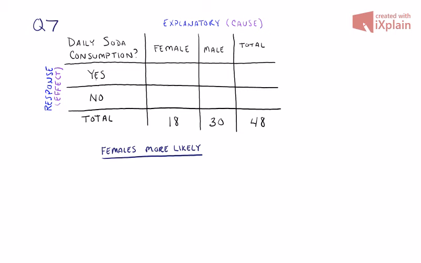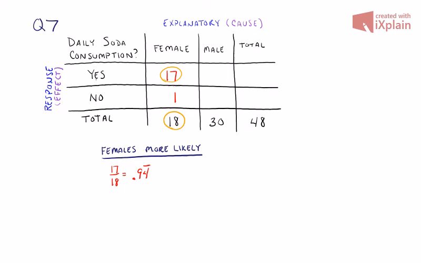So again, I'm going to go kind of extreme here. I'm going to refer to the female group and say, if I want them to be more likely, what if I front load it and have, say, 17 out of my 18 women say that they drink soda? The reason for this is that, going back to the idea of the percentage, we're going to see how large of a percentage that actually is. So if we do 17 out of the total 18 women, we get 17 out of 18,